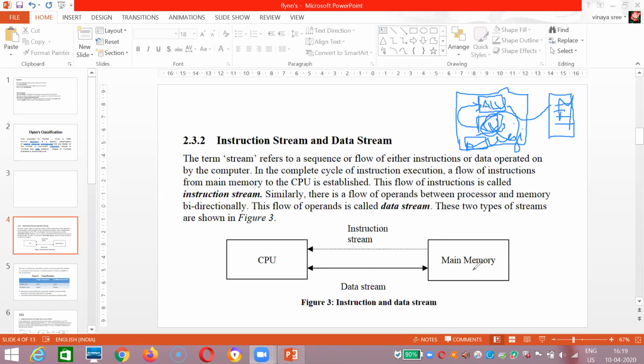Okay, now see here why the instruction stream is written as unidirectional and why the main memory and CPU data stream is written as bidirectional. Anyone can answer. Already we discussed this in the first unit also. See here, ma. Let us consider there is an instruction called A plus B. How can you know that inside an instruction it is A plus B? Once you fetch an instruction, after decoding you will get A plus B. So once it gets A plus B, what it has to do, it has to send to ALU for execution.